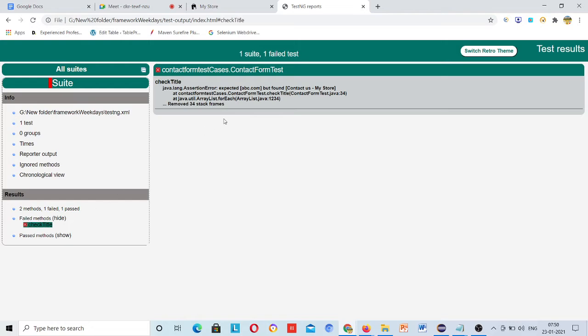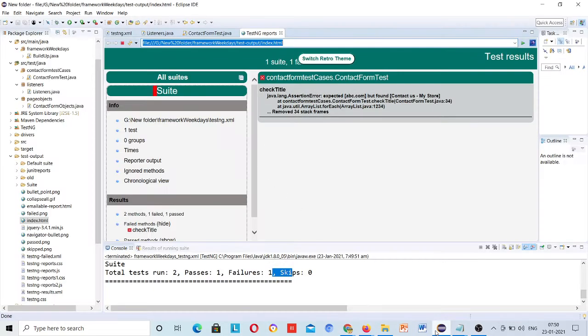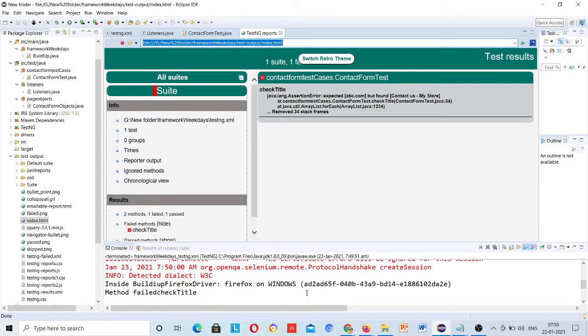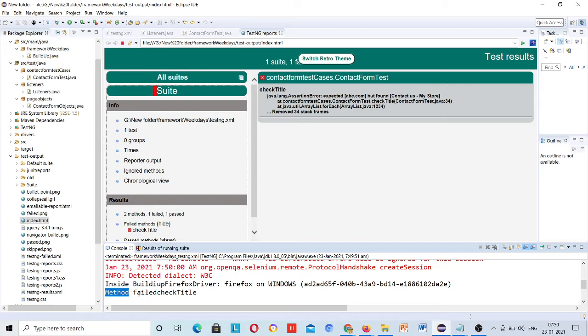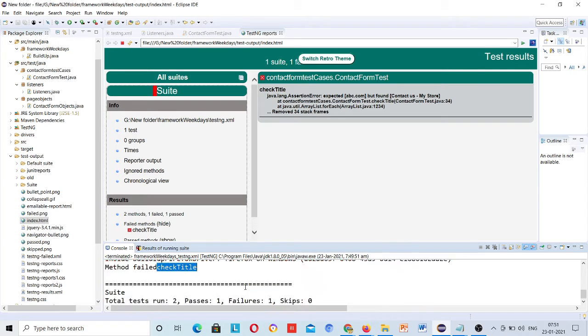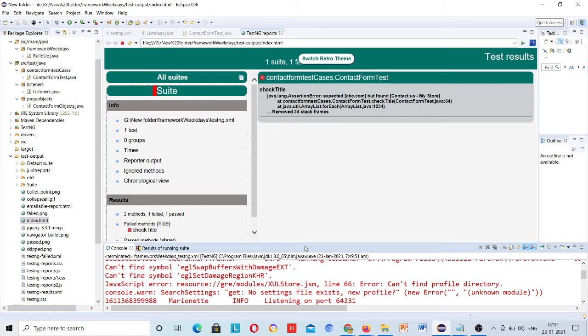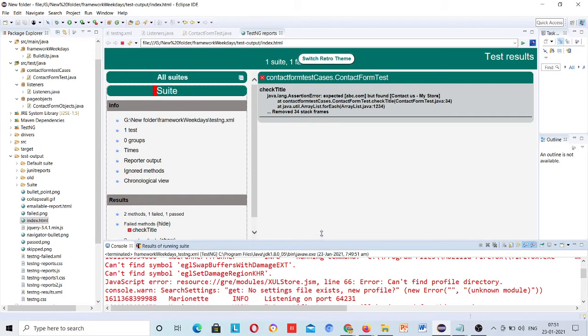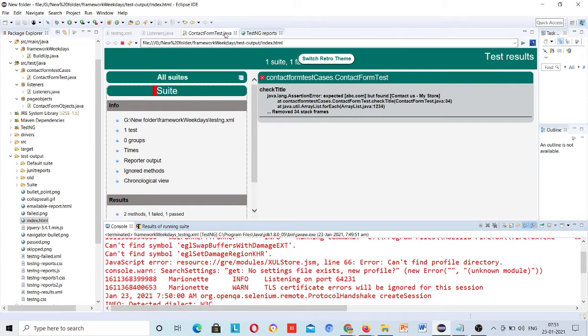Okay, check title. First of all, you can check in the console that method failed, check title, right? So the message you have given in your testng file is printed here. Okay, so it means the listener was invoked, that failed method was invoked.